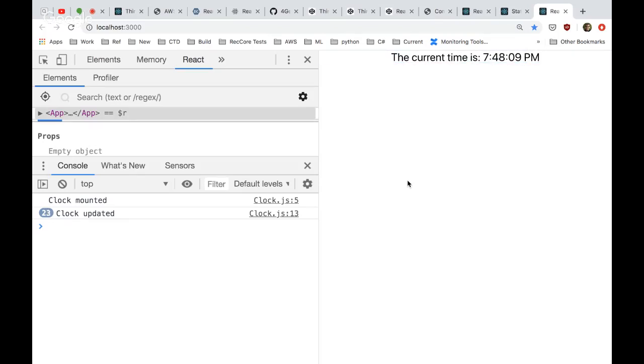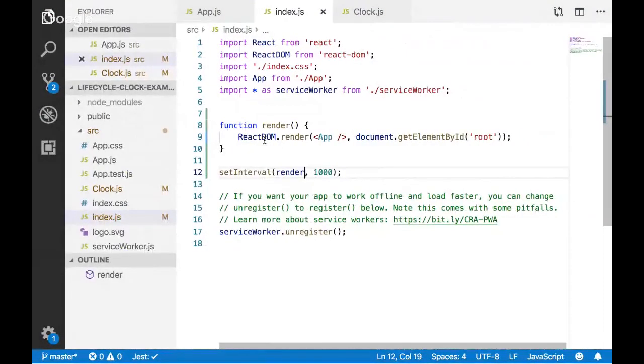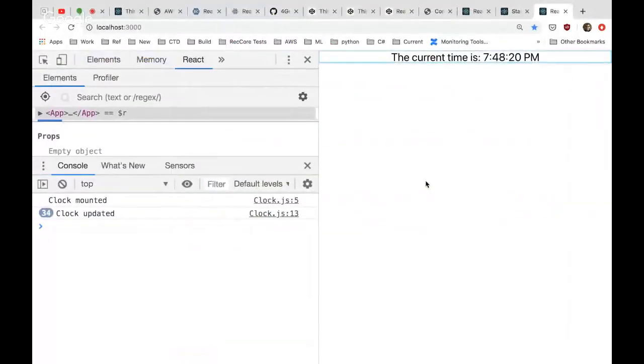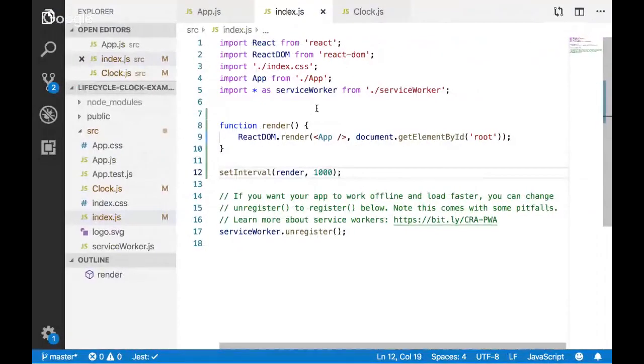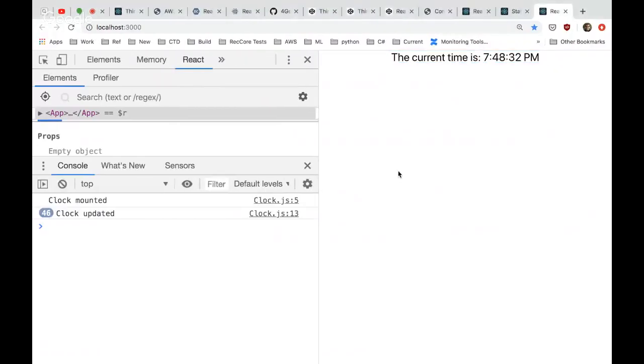So there's some really interesting stuff going on there that I don't even fully understand, which React is smart enough, apparently, to recognize that, oh, this is already rendered there. Sort of blows my mind. And we can see that the time is getting updated every second, right?